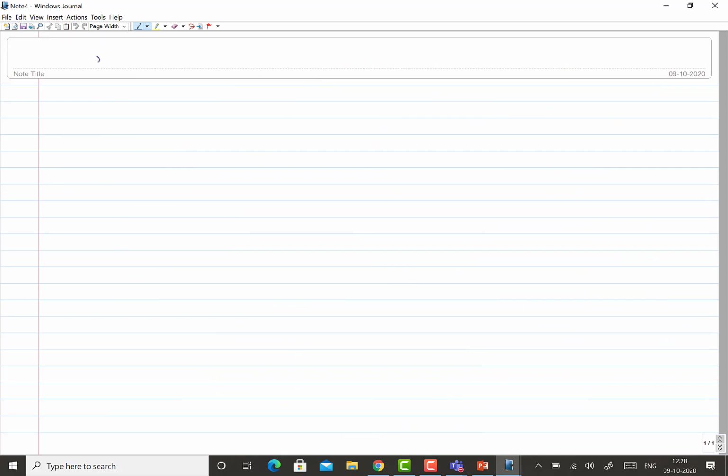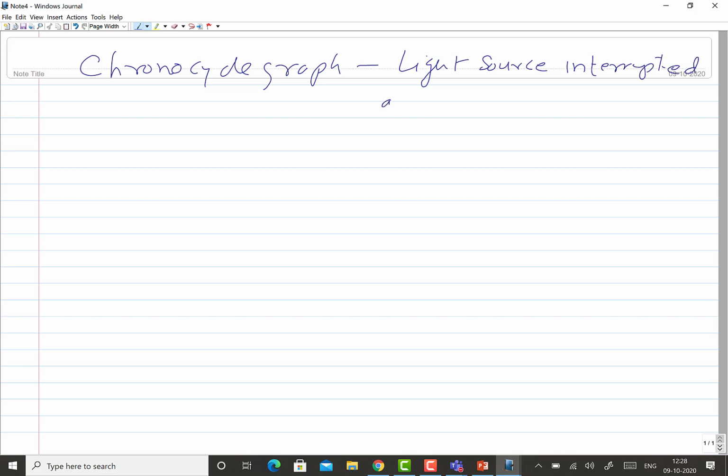So this is called the chronocycle graph. In the chronocycle graph, wherever the light source is fitted, either on the helmet or on the wrist or on the finger, the light source is interrupted at a certain frequency.